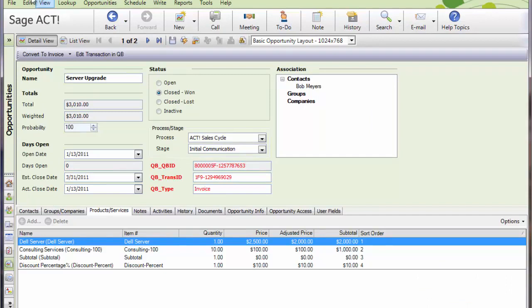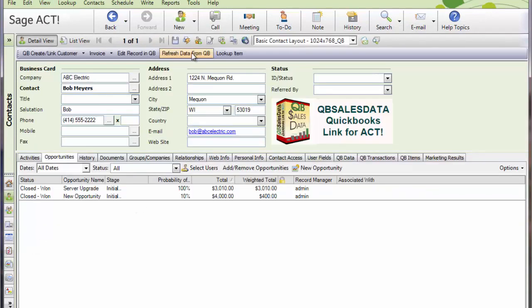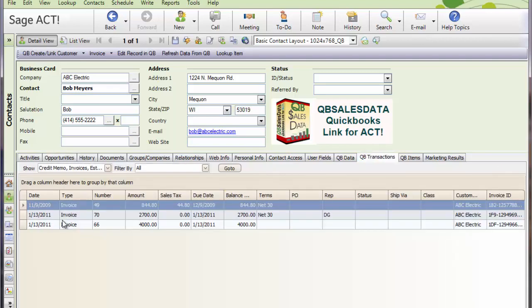When the nightly sync happens, that will actually appear, or I can hit refresh data from QB, and like we've seen from our other videos, that transaction will actually roll back then into ACT,